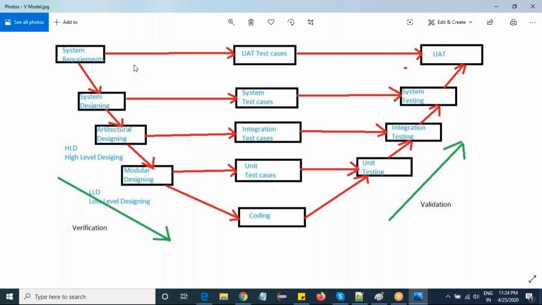Whenever the developers understand the user needs, they start the verification process from higher level to lower level. In parallel, the QA team also starts their work. First, let's analyze what the developer phase looks like. This is my system requirements. The customer wants something created. Let's consider I'm going to create an app, something like a Kmail social media app. That's an example only; there is no Kmail here.